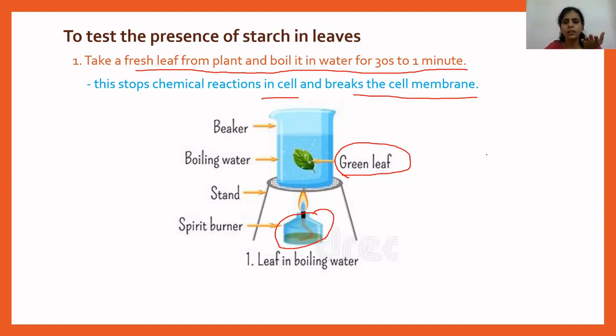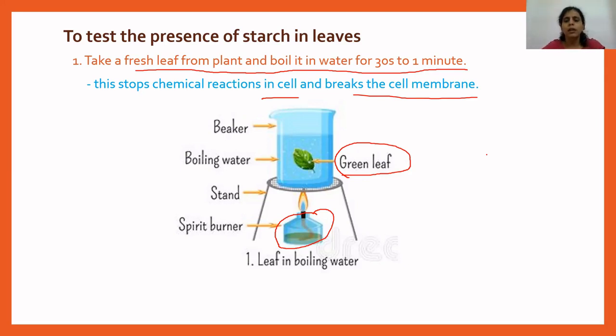Now, if you directly pluck a leaf from the plant and add iodine drops over it, what will happen? The iodine solution will not be able to enter inside the leaf cells. You are aware of where starch is present inside the leaf cells: in palisade mesophyll cells or spongy mesophyll cells. Inside these mesophyll cells you have an organelle called the chloroplast, and inside the chloroplast starch grains are present. So this iodine solution has to reach the chloroplast